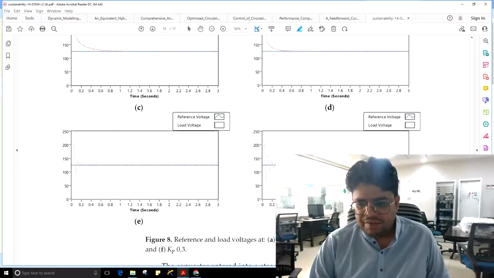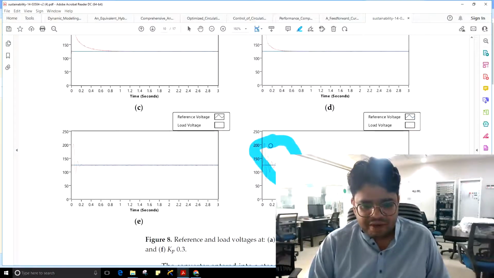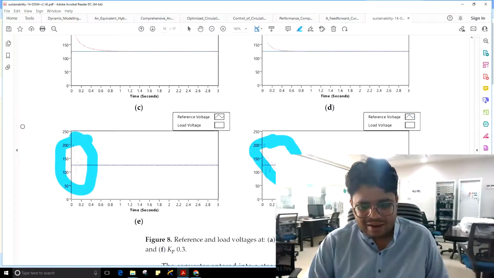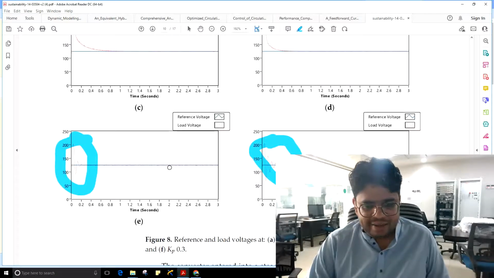If the Kp is increased very high, as in this case 0.2, you see oscillation, and these oscillations are not recommended in a power converter, and this can damage your converter. So a high value of Kp can be dangerous. Students can practically see the disadvantage of a higher value of Kp, and they can understand the importance of tuning